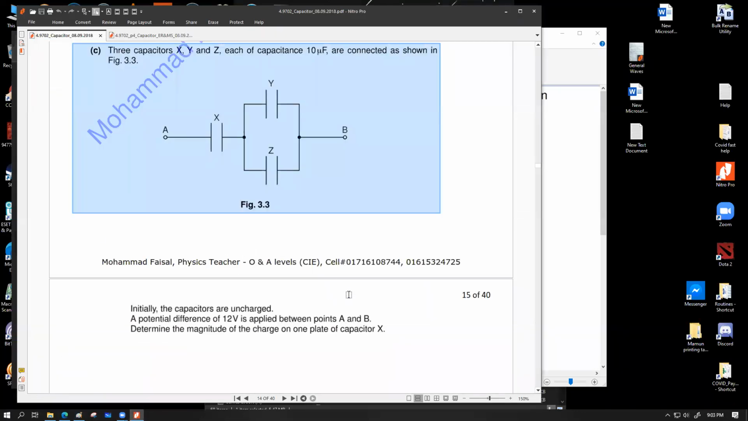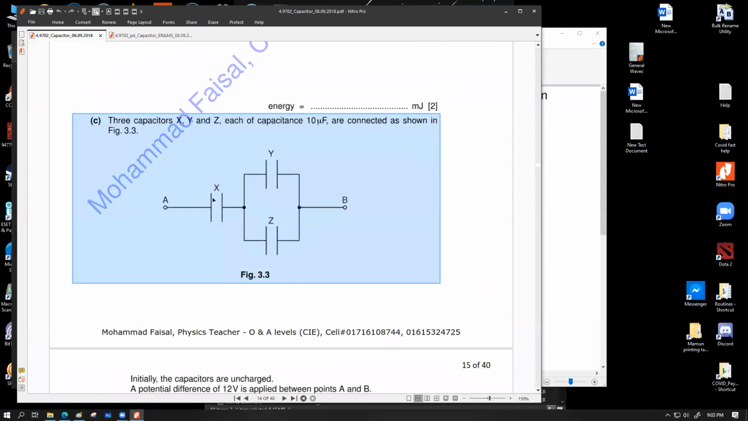For which capacitor? On capacitor X, which means you have to use 8 volt, because capacitor X will have 8 volt across itself. So yeah,